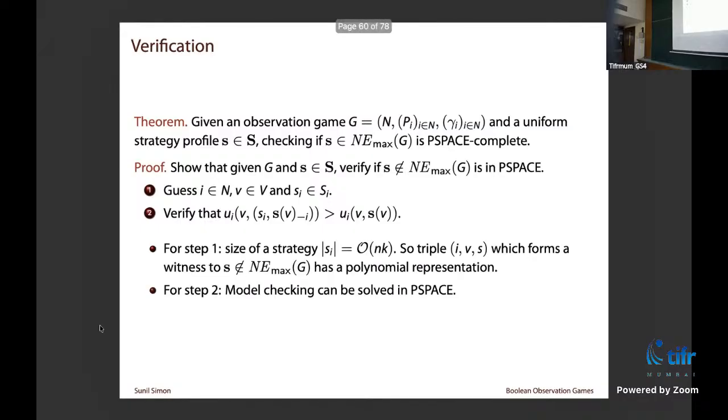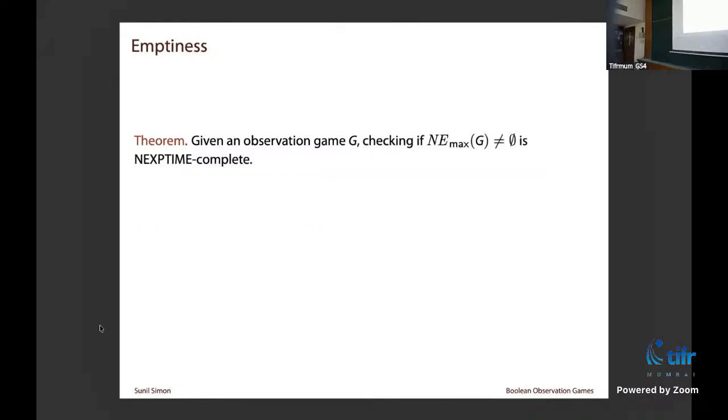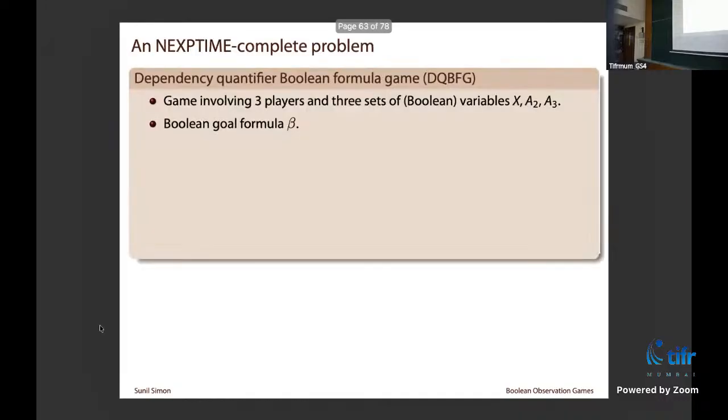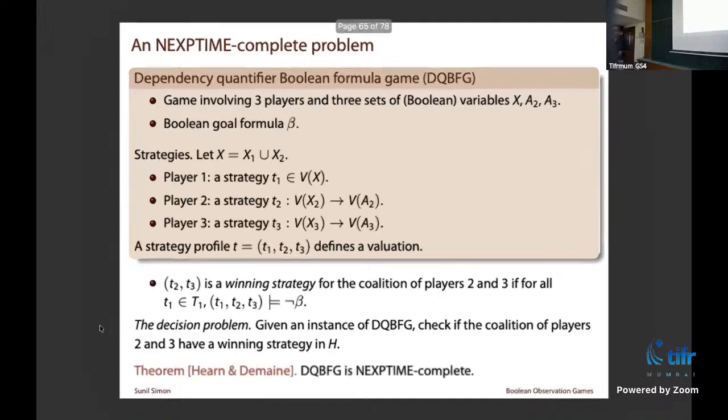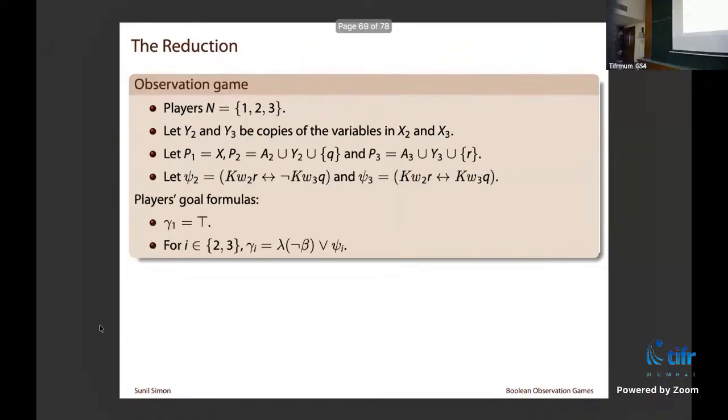Okay, so this is one, and the other is the emptiness check. This turns out to be NEXPTIME-complete. So again, membership is not very difficult to see. You can also show the lower bound using what are called these. This is again a well-known NEXPTIME-complete problem. It's called the dependency quantified Boolean formula again. So maybe I won't get into that. I'll explain that, and I will just